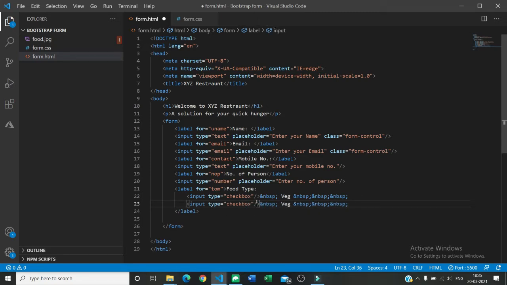And here I want to ask whether they want non-veg, and if they want both they can check both. So here is an input. Now I want to ask what time slot they want to book their table, so that it will be easy and there will be no rush in my restaurant, so that everyone will not come at the same time. So we can allot some slot to them according to our bookings, so that will be a good user experience.